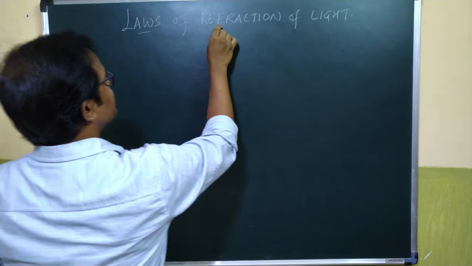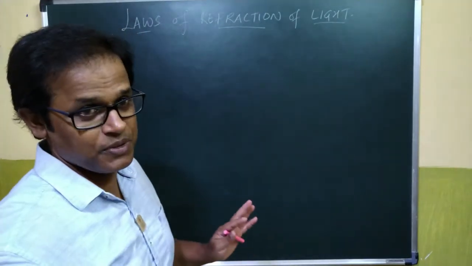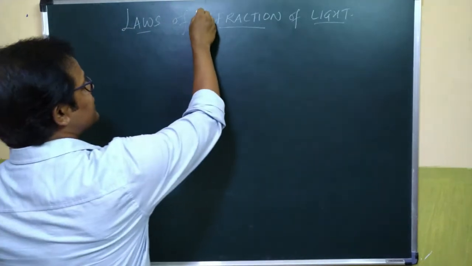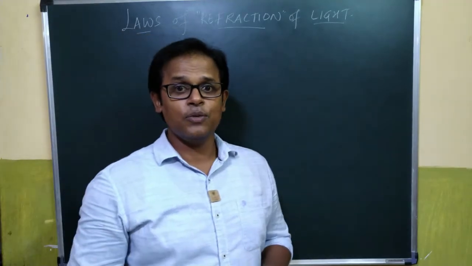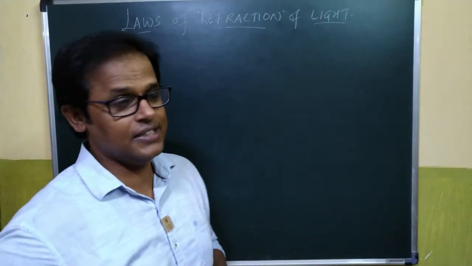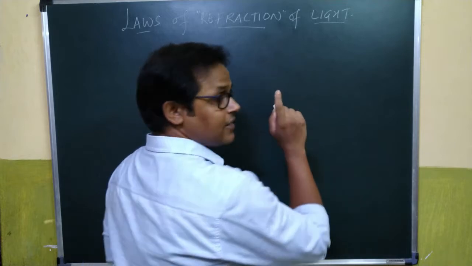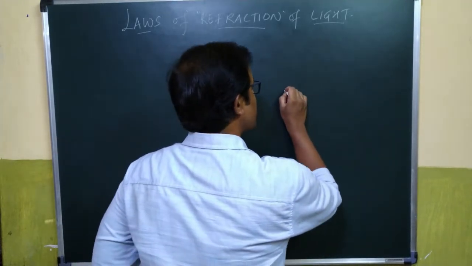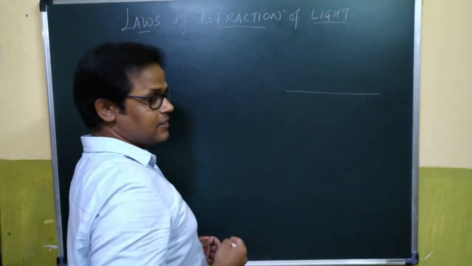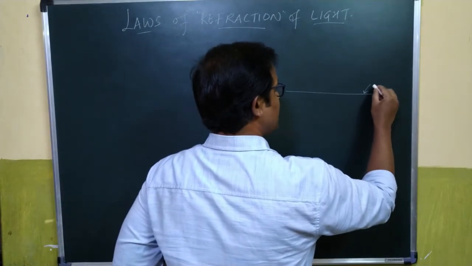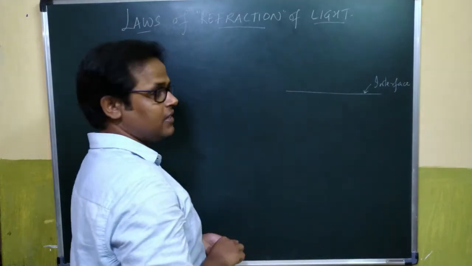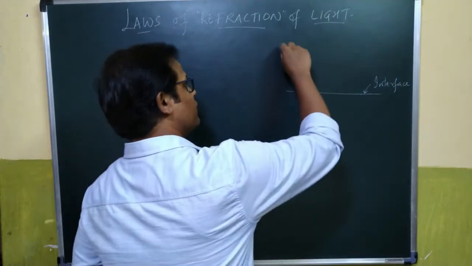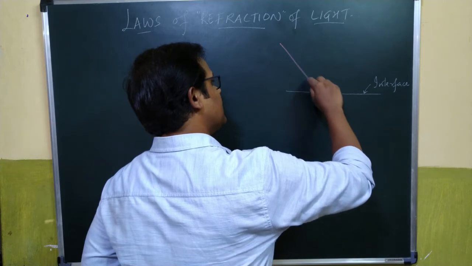So take it easy, very simple. I'll keep it simple and make it simple for you as much as possible. Okay? So we know from my previous classes, or you might have learned somewhere else, what exactly refraction of light is. Generally, as a ray diagram, we try to show an interface. This is our interface, a separating layer between the two transparent mediums, and a ray of light incident obliquely